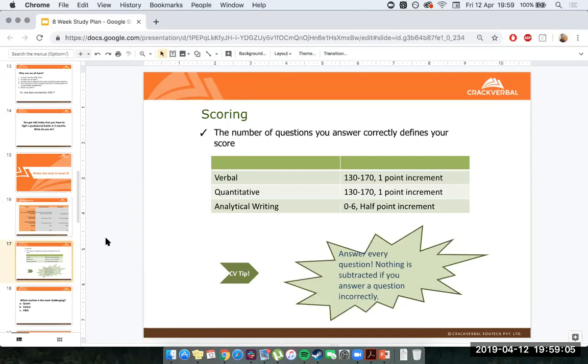So there were 2 questions on the second verbal section that I didn't know the answer to, and I didn't feel comfortable, so I didn't guess. I felt, oh, if I guess and it's wrong, I could be affected. I shouldn't guess, and I didn't guess. Now, maybe I could have guessed them and not gotten them correct. But maybe I could have gotten 1 correct, right? Maybe I could have boosted my score further, right? So it's very important to remember that your knowledge of the mechanics of the test is going to help you beat the test at the end of the day. And that's what you want to be going for overall.